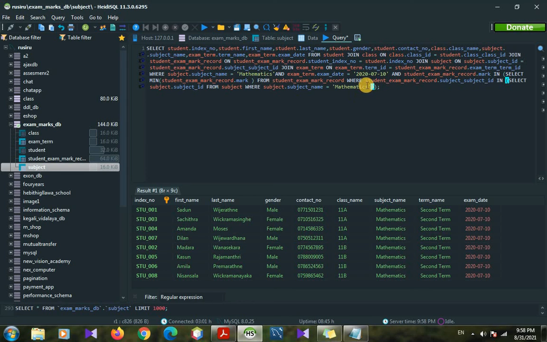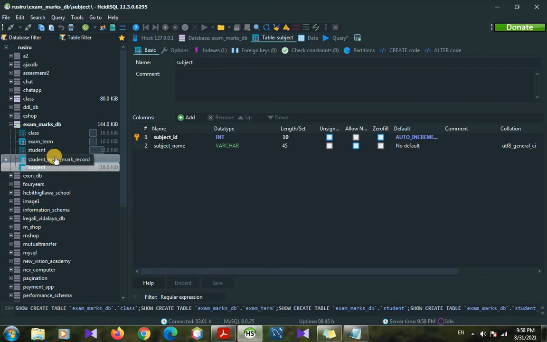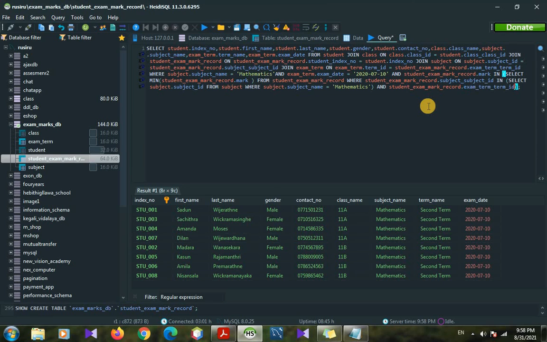Then we can use another and keyword here to select the term. So here we can use and student exam mark record table dot term id. So here we can go to the table structure of the student exam mark record table, then copy the column name and put it here. Then we can put another in keyword to select the subject term here.